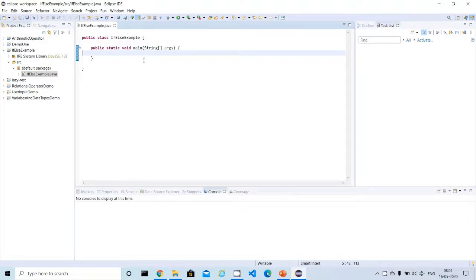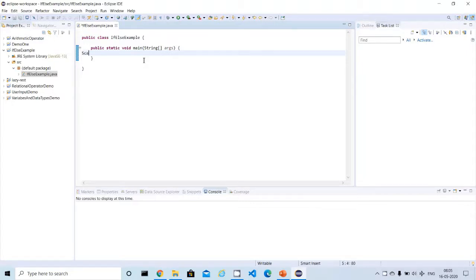So far, we have been declaring a variable, assigning a value like 10, 20, whatever, and using it. As part of this example, I'm not going to hardcode the value. I'm going to take the input from the user by using the Scanner class. As per the last video, we have already seen the Scanner class, how to use it and how to read the inputs from the user. So I'm going to use that approach. That is a better interactive way to test and understand the if else condition.